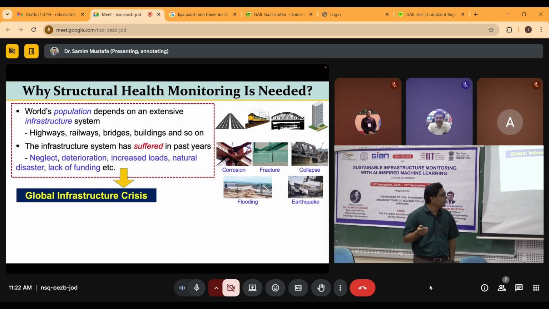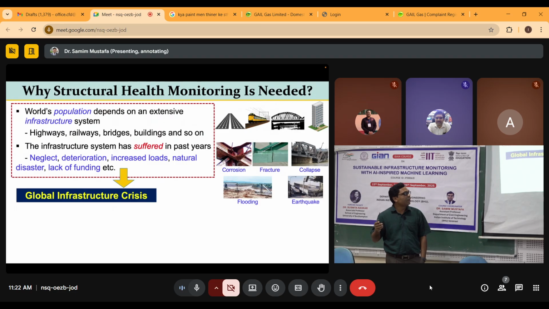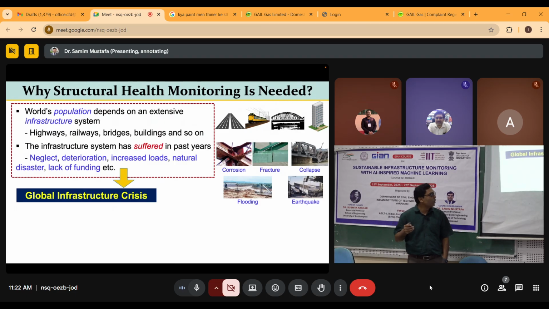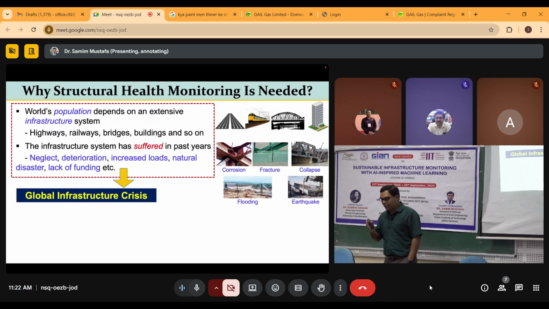civil infrastructure management owners, because, as I said, these are very important infrastructure and we need to monitor them. Because of natural degradation or environmental factors, damage is bound to occur. So this causes a global infrastructure crisis, and to solve this crisis many researchers from all over the world came up with the idea of applying a maintenance system on the structure, similar to